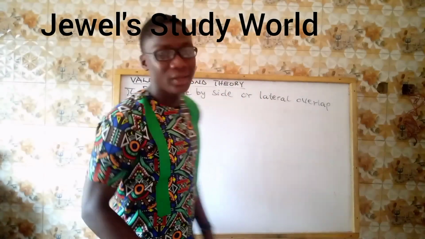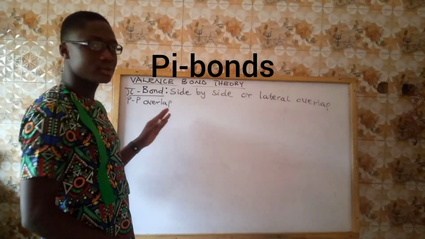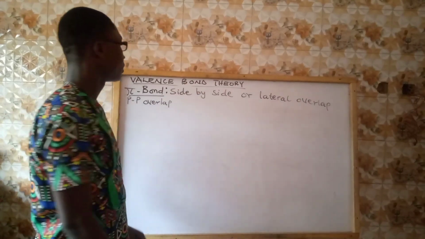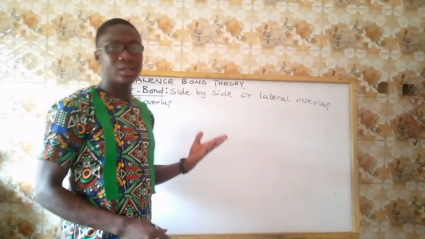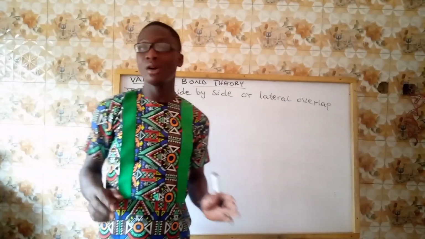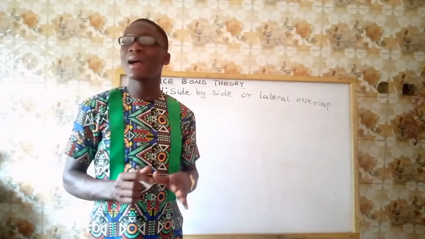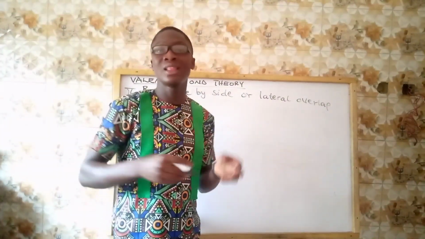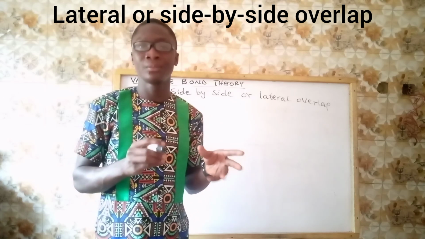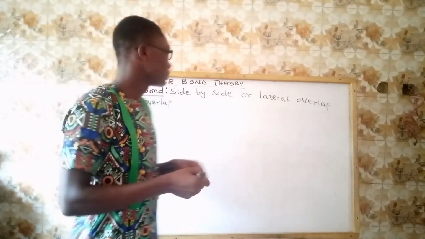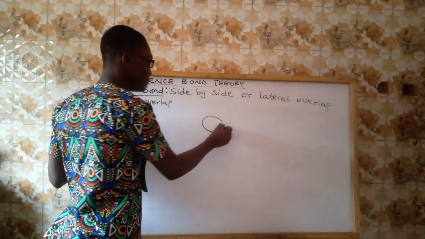Today our lesson will be on pi bonds, or side-by-side or lateral overlap. So here we will focus on the PP overlap. What you have to note is that for PP overlap, it may be either a sigma bond or head-on overlap, or it may also be lateral or side-by-side overlap. It may be head-on overlap or side-by-side overlap because you may have one p